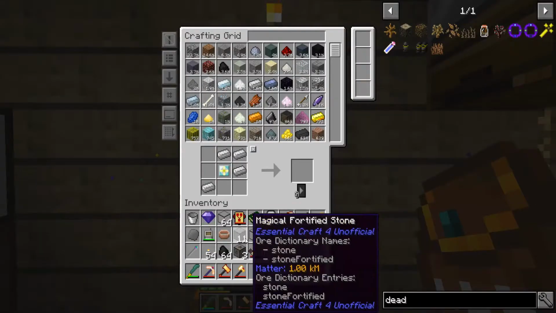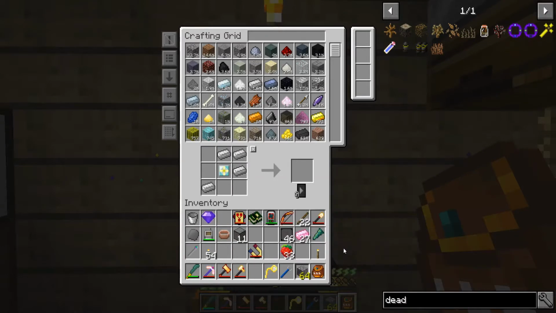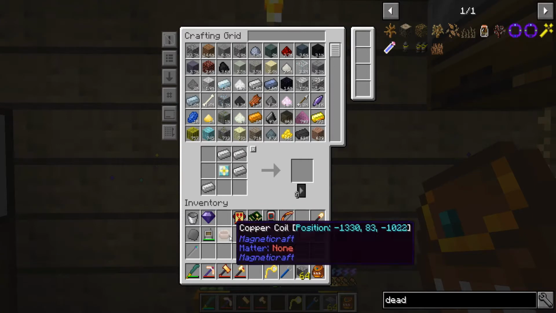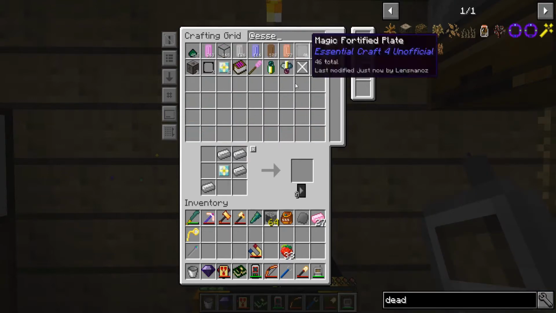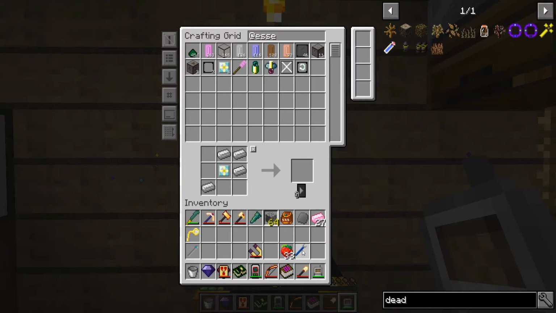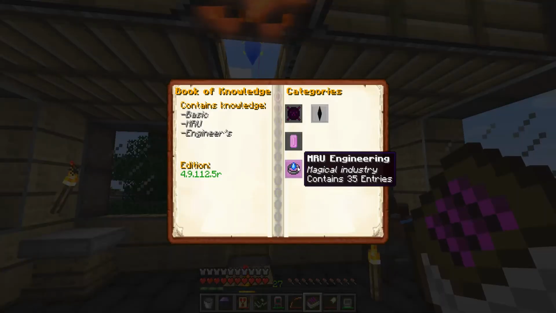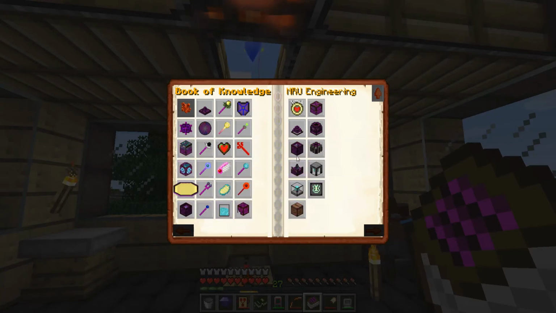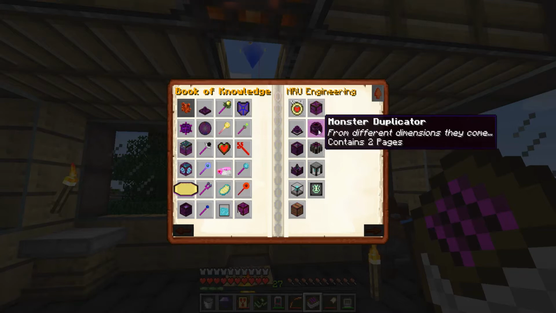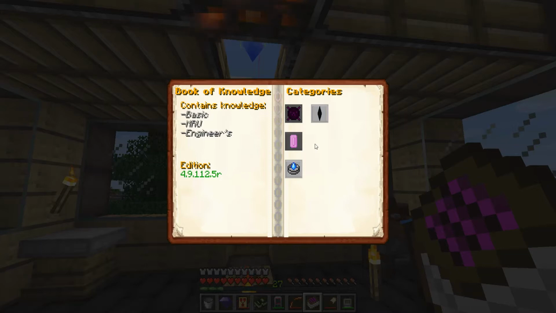Okay, put some junk away. You can go away. I don't know what I just dropped in there, but you know what? It's gone. Okay. Can I have the book, please? Engineers. Duplicator, smeltery. No, maybe it's not in this one. Maybe it's in